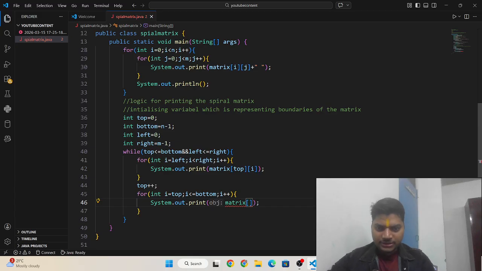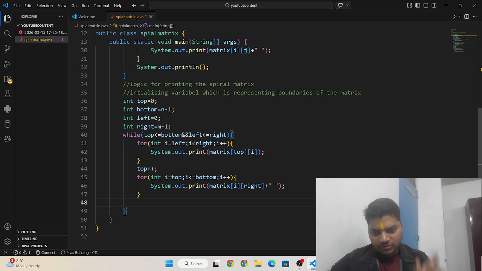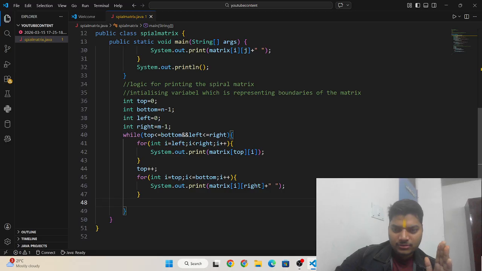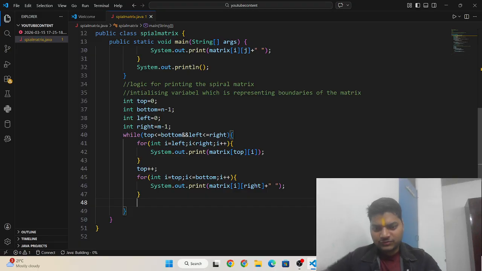We need to print here i, and then in the column we need to print right, meaning we are printing the right column here. Okay, and after printing the right column we need to move right to the left, so I need to write here right minus minus.